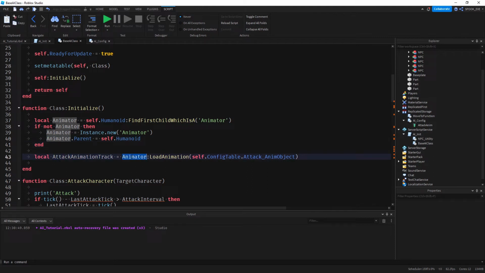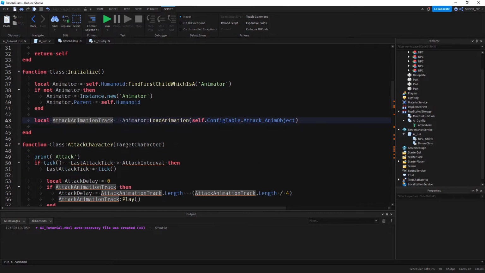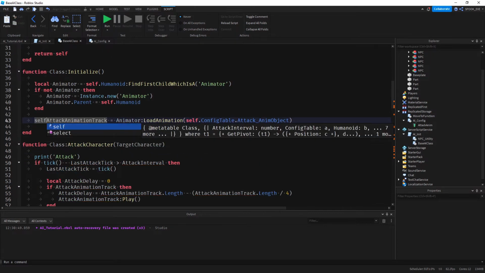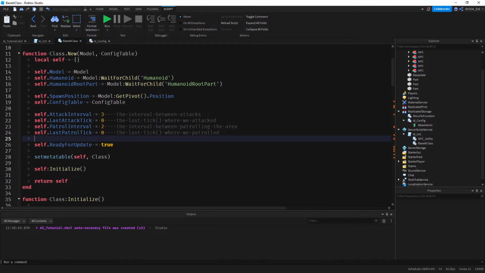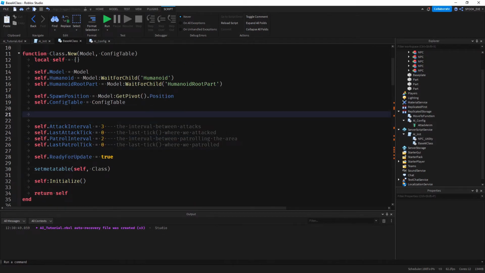And then we can use that same animator to load the animation into the character. And then this will be self dot